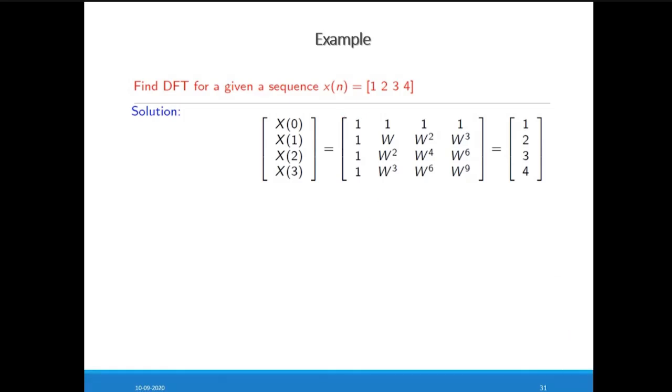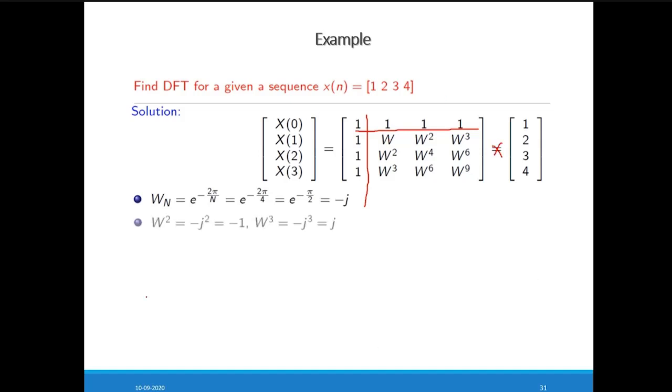Here you have to apply this twiddle factor matrix. You have to remember that as this is n cross 1, we have to apply a 4 cross 4 twiddle factor matrix. The first row and first column are 1, and the remaining are w square, w raised to 3, w raised to 4, w raised to 6, and 9. So here we have to calculate these terms omega or w 2, 3, 4, 6, and 9, and multiply them with the given sequence. It's the same as your previous example.